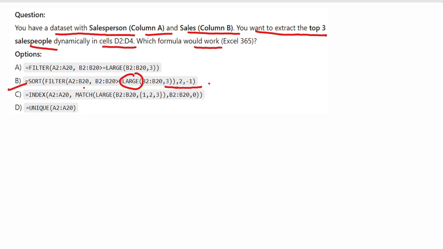After filtering, we sort them by sales. So the correct option here is option B. Now move to the next question.